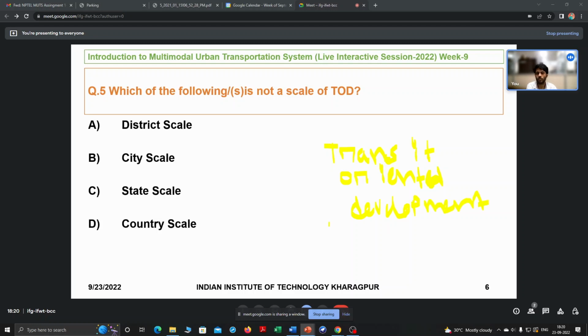The concept is, if you have some transit lines, maybe a metro corridor, bus corridor, or any kind of public transport corridor, you want people to live nearby so that accessibility will be high. Majorly if you live near a public transit station like a metro station,